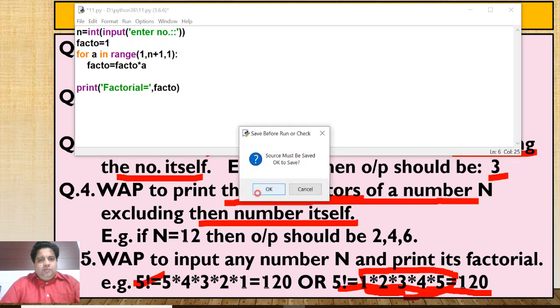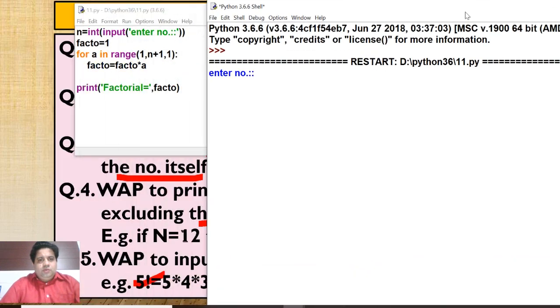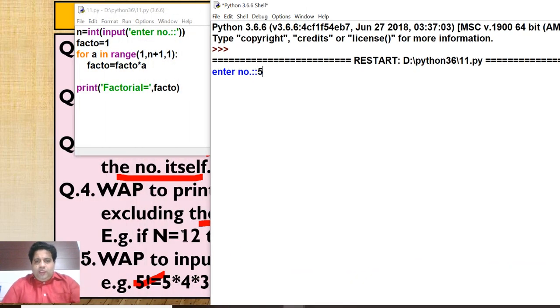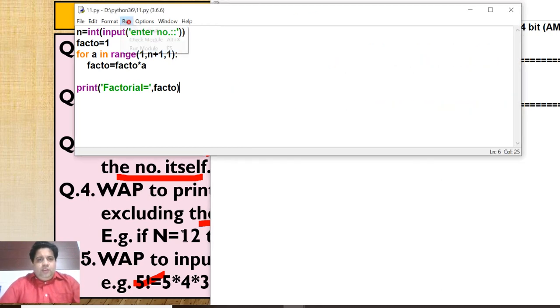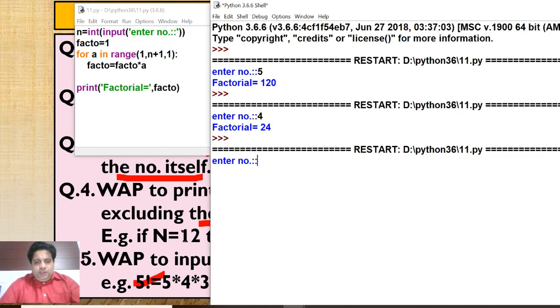Now run the program. Factorial of 5. See, you are getting 120. Similarly, the factorial of 4 will be 24. Factorial of 6, 720.